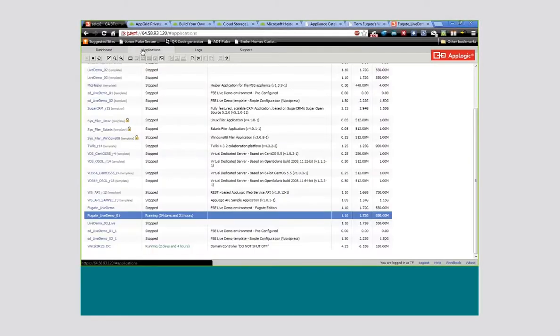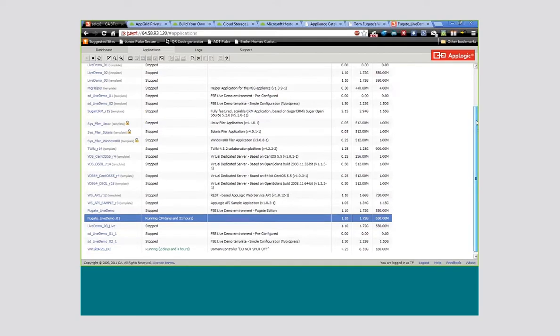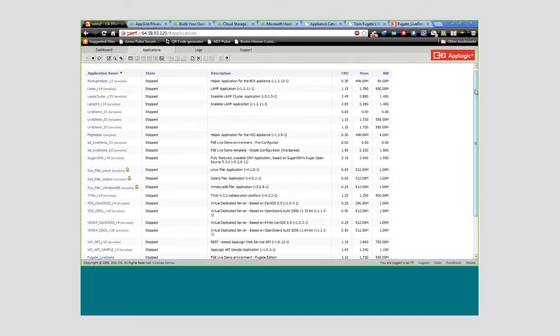We're going to move to the application section. You heard me describe earlier that an application in this environment is a collection of VMs, and we also call those canvases or environments. As we look on the left-hand side here, you're going to see the names of the different environments. A lot of them are marked templates. Those templates, most of them that have a description out to the right, are standard templates that are included